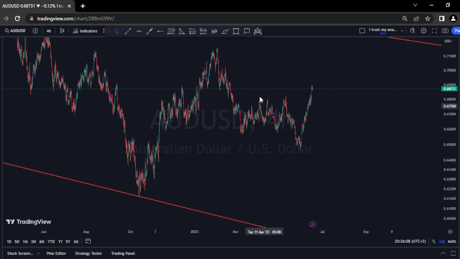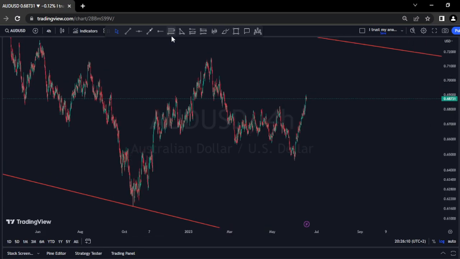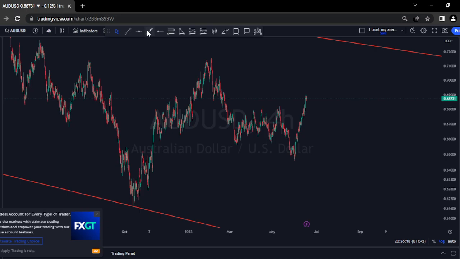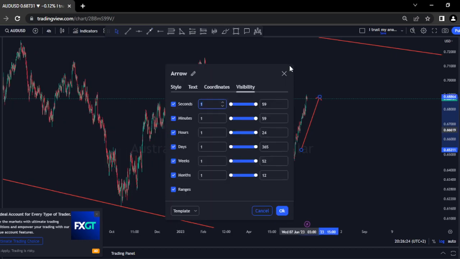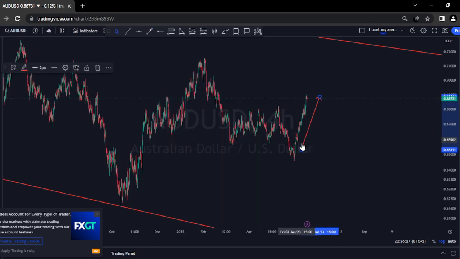So looking at this, ladies and gentlemen, we're looking for those sells to the downside. However, price seems to be aggressively pushing to the upside. And this move is being confirmed by those continuation patterns. So we do what the market is telling us to get those opportunities. So let me just identify this low here